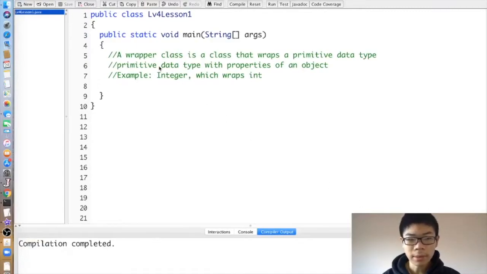Now you will learn about wrapper classes. A wrapper class is a class that basically wraps a primitive data type, and it's basically equivalent to a primitive data type with properties of an object. So for example, Integer, which wraps int,